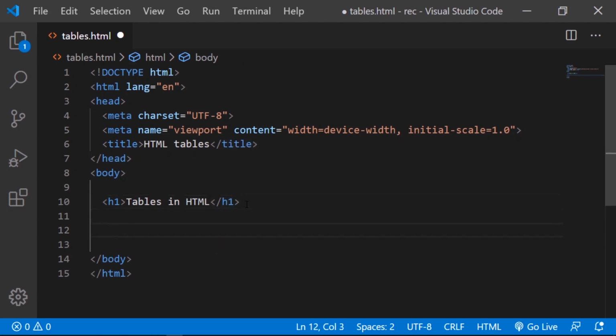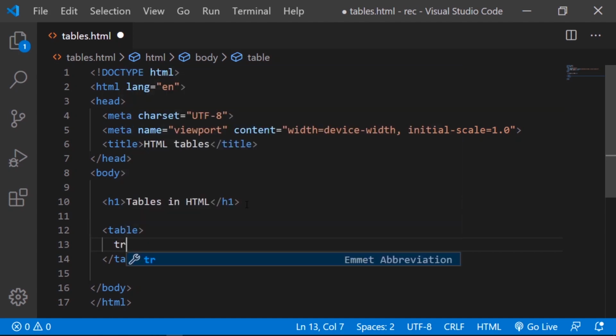Now, to create a table in HTML, we need to create the body of the table and that is done by writing the table tag. Now inside of the table tag, we'll include all our data. Now in HTML, our table is represented as the number of rows and inside the rows, we put in our data.